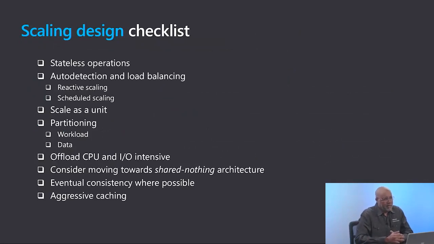Scaling. And here we have a scaling design checklist. Scaling allows applications to react to variable load. By increasing and decreasing the number of instances of roles, queues, and other services they use, the application must be designed with this in mind. If you require all services to communicate through stateless operations, it prevents the addition or removal of specific instances from adversely affecting current users. You should also implement configuration, auto detection, or load balancing so that as services are added